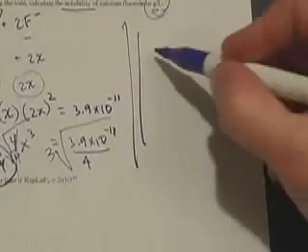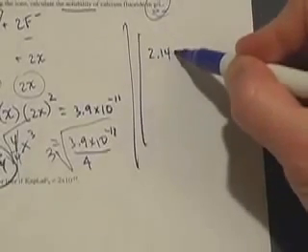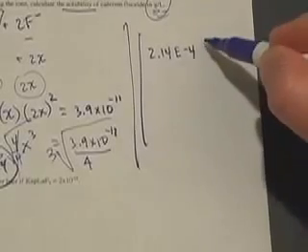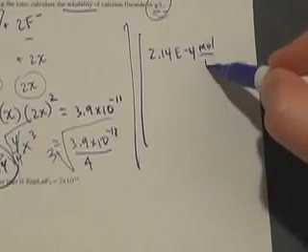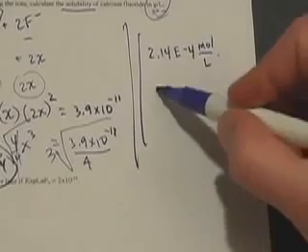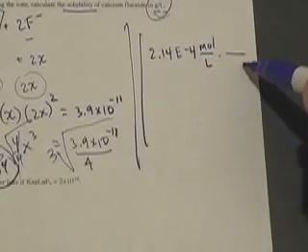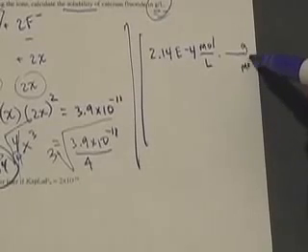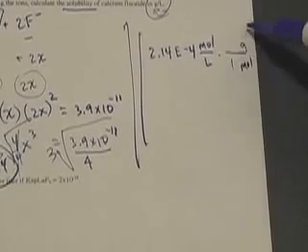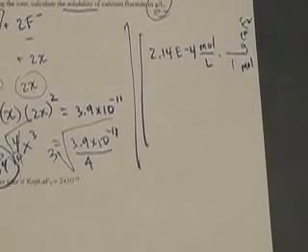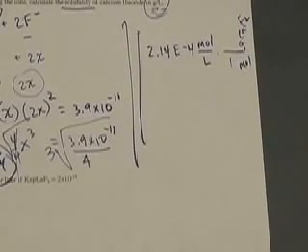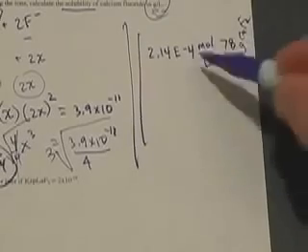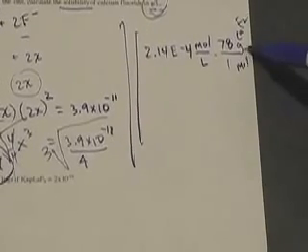If I know the concentration is 2.14 times 10 to the negative 4th moles per liter, that's my molarity, I could convert it from moles per liter to grams per liter simply by knowing the number of grams there are in a mole of calcium fluoride. And I can add that up on the periodic table, knowing calcium is 40, and each fluoride ion, I believe, is about 19, so there are about 78 grams in 1 mole if I add that up on the periodic table. So take that number, 78,